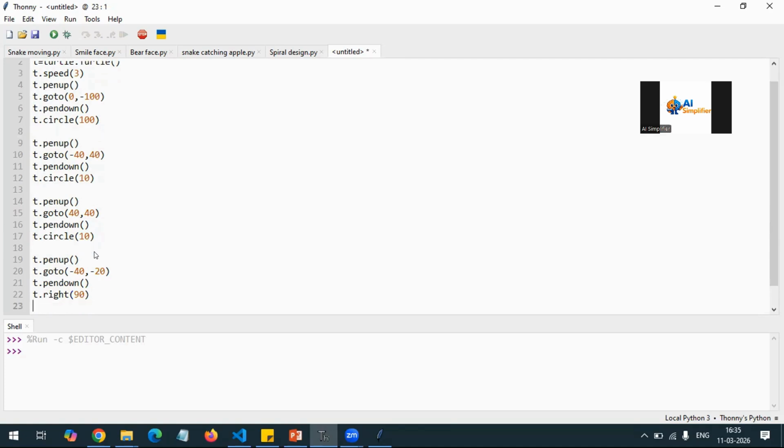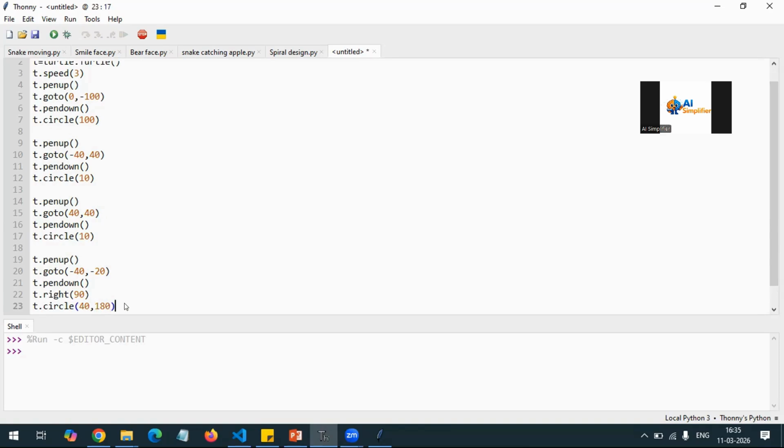So T dot right, and then I will create a smile that is a circle. It will create basically a half circle. And how can you create a half circle? That is 40 and 180. Here 40 is the radius of that circle, and 180 is basically the half.